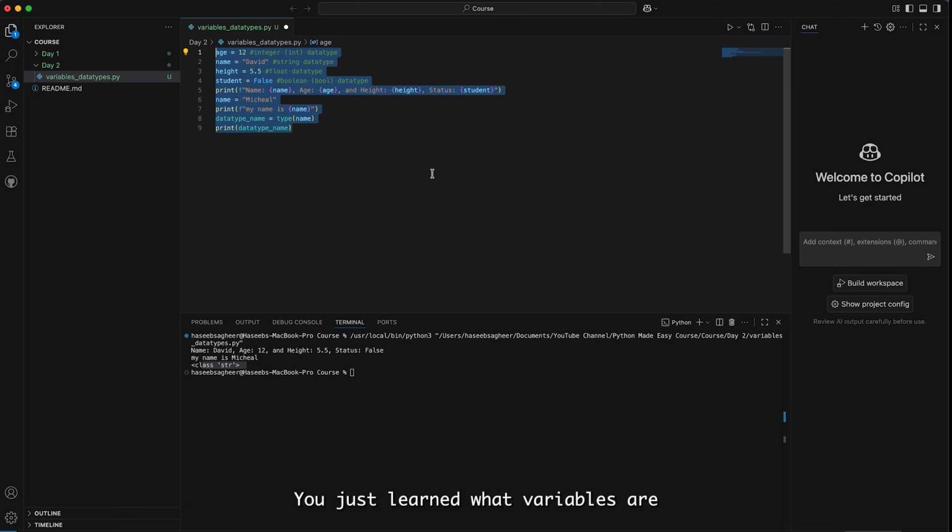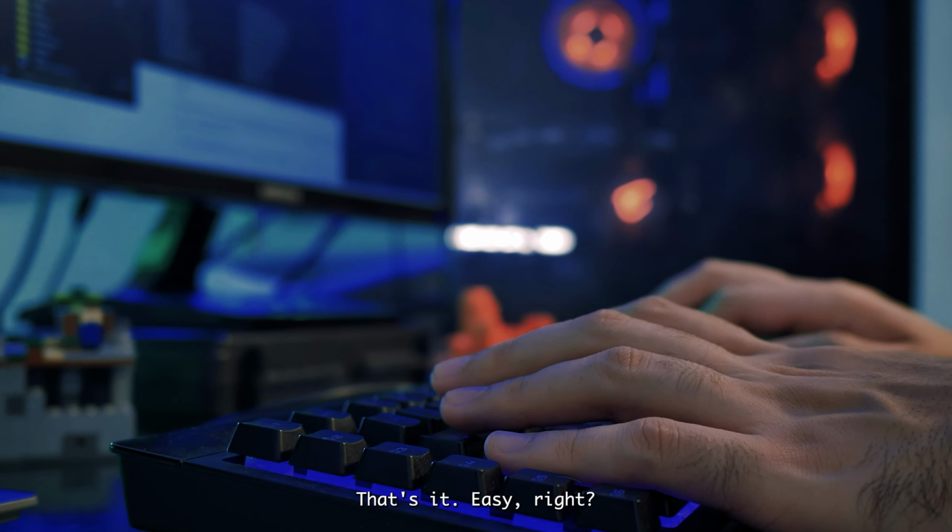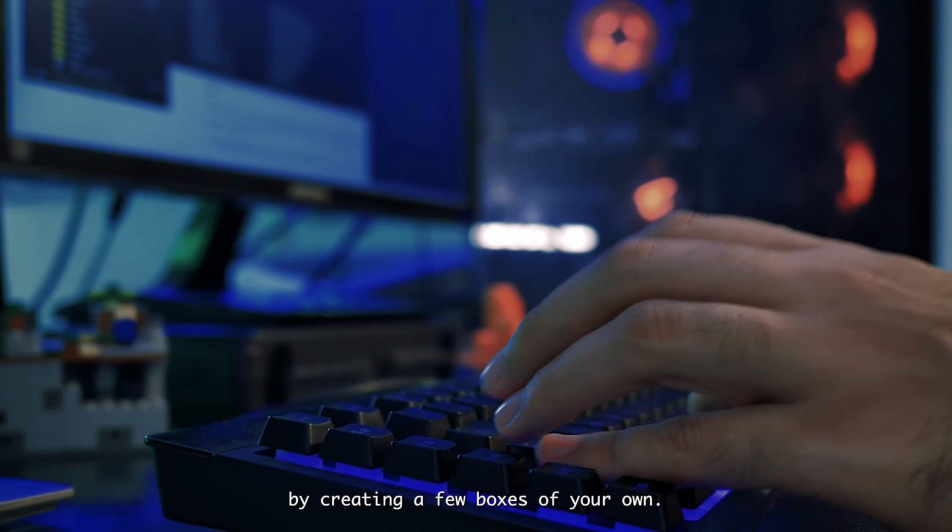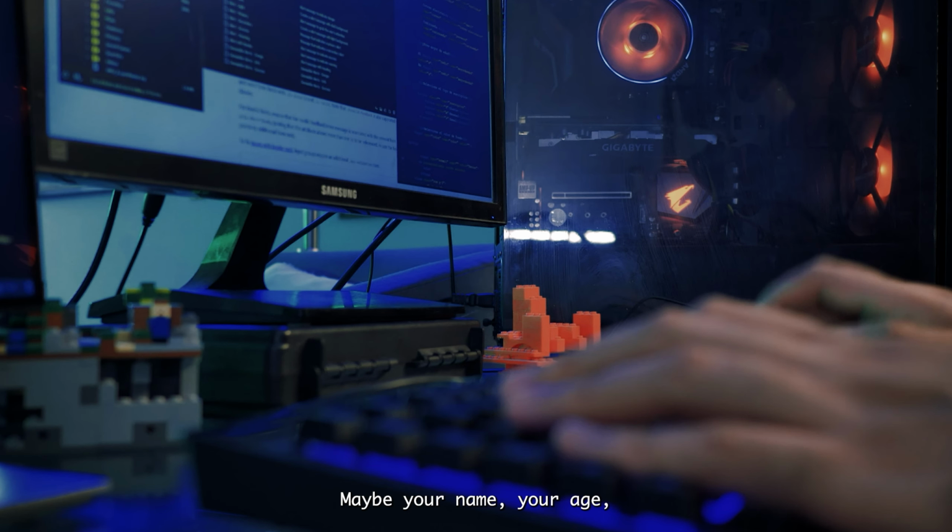So that's it. You just learned what variables are and the different types of data they can hold. Remember this simple picture: a variable is just like a box with a label, and the type is what kind of stuff that box is allowed to carry. Numbers, text, decimals, true or false. That's it. Easy, right? Make sure you practice by creating a few boxes of your own,